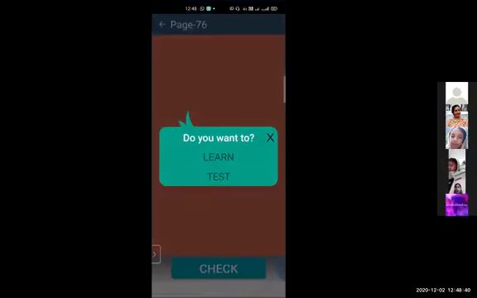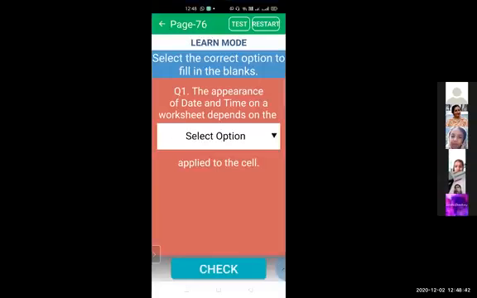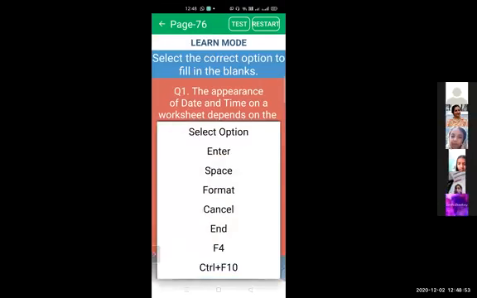And first question is the appearance of date and time on a worksheet depends on the dash applied. So what according to you is the correct answer? Okay, so I got the correct answer from Anya, Gungun.